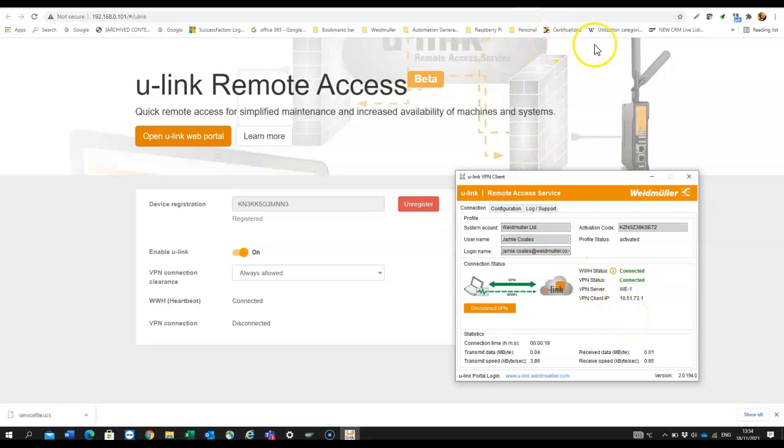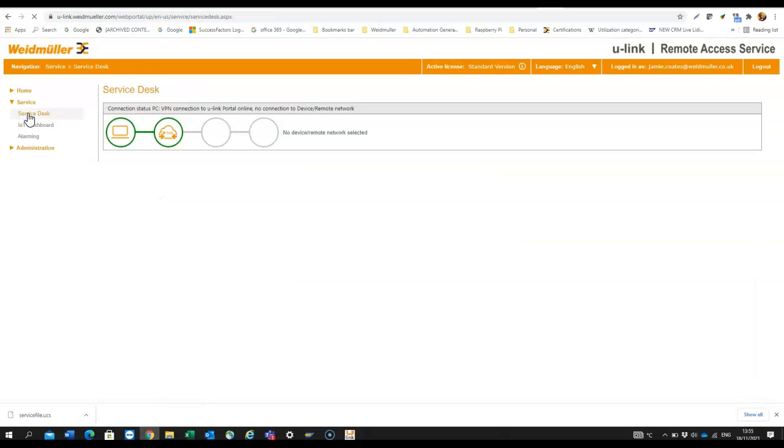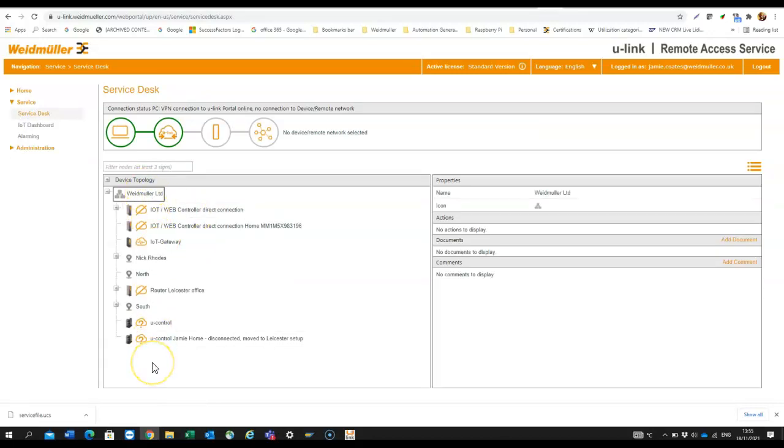Okay, now we can go back to the U-Link portal. We can either click in the tab up here or just click here. We give you a link to it, so it just takes you to the same place. I'm in the administration window. When I actually want to physically connect to the device, I have to go to the service area. Open service desk. So you see a replication of my devices here, and we also see the IoT Gateway, which has recently been added. So I click on there,